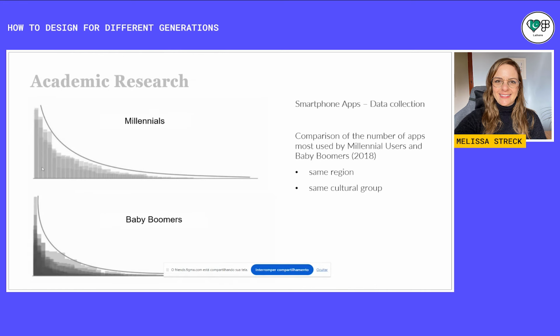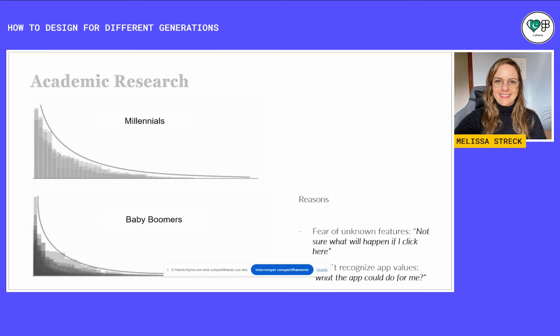For the baby boomers, the first was WhatsApp, then Facebook, and then the Chrome browser. The millennials also use WhatsApp, and next came Instagram, and then the Facebook social network, but it was not so intense in terms of use compared with the baby boomers. And